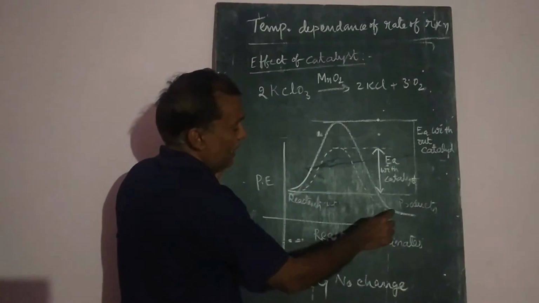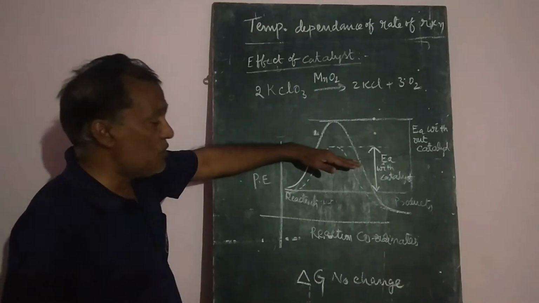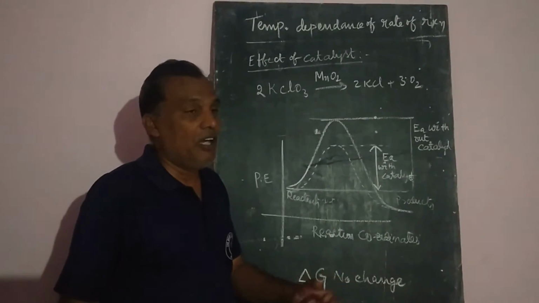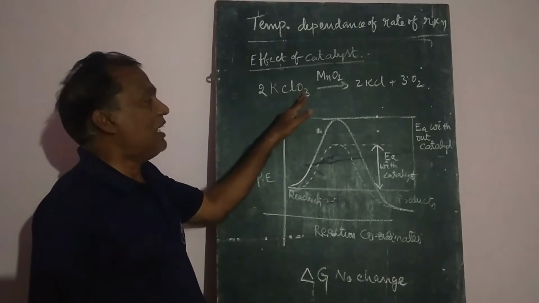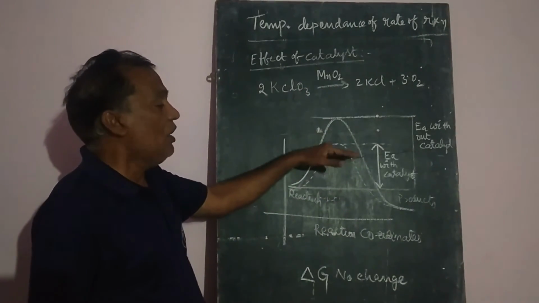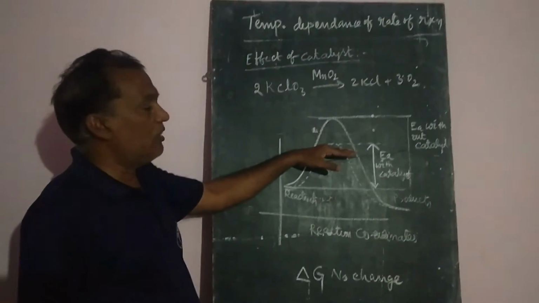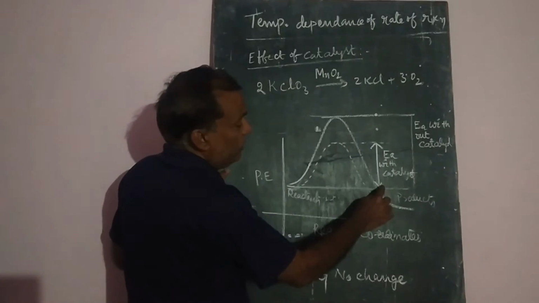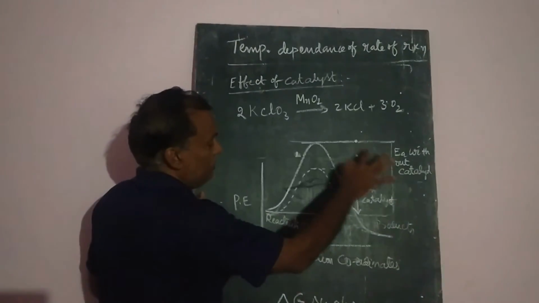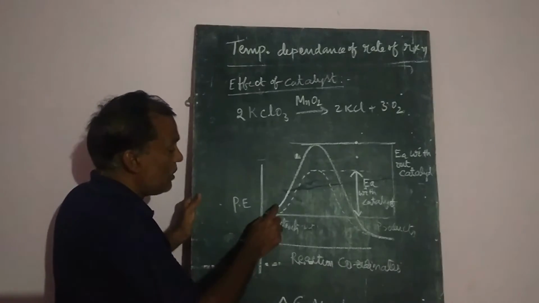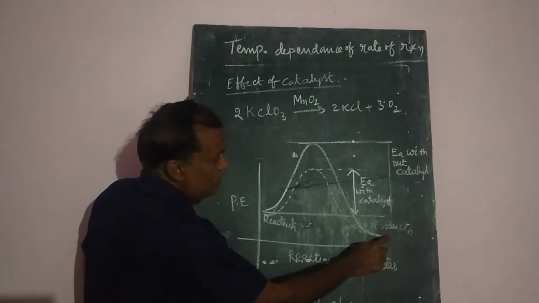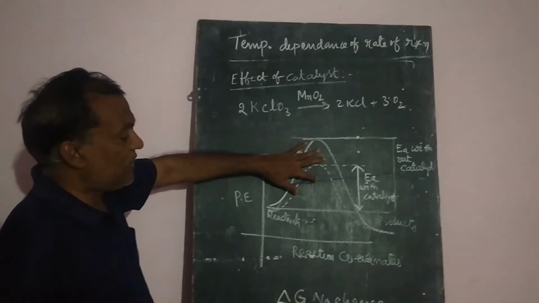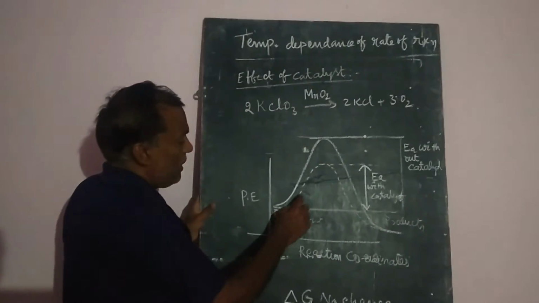So in the presence of a catalyst, what will it do? It will reduce the activation energy. That means whatever energy we are giving to a reaction will be reduced. It will come down, so low energy is needed, and automatically the reaction will be carried out. So whatever the activation energy is with catalyst, we can know it. This is without catalyst. So this is the reaction path when the catalyst is there. Suppose this is the activation energy with catalyst, this is the path of the reaction.